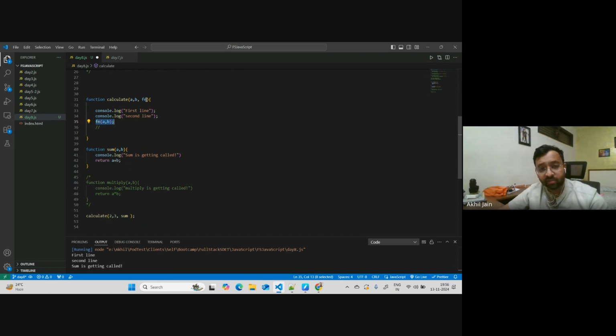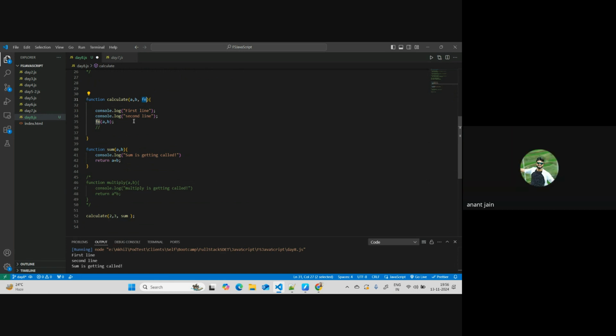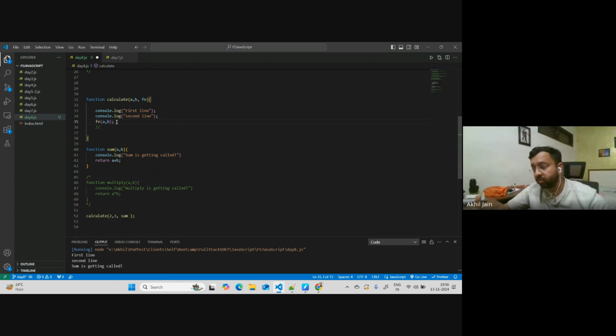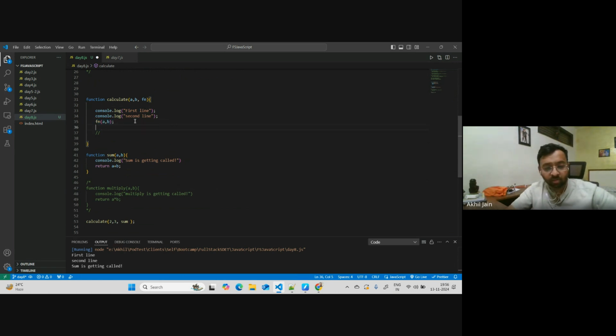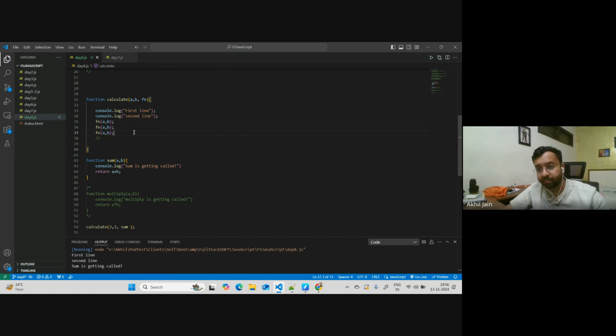This is a callback function which I'm receiving. Sorry, someone said what? Multiple times. Multiple times, right? I can decide to not even call it once. I can decide to call it once, and I can decide to call it multiple times, whatever I feel like, right? I can do this again. I can keep doing this, right? So what will happen is,